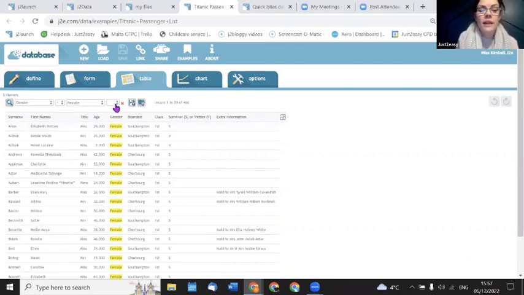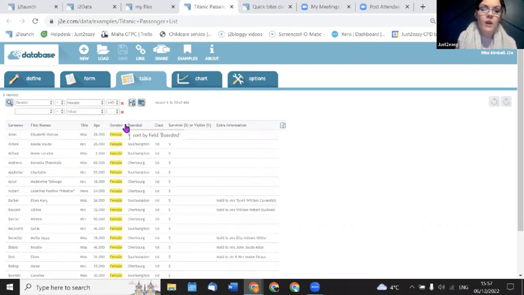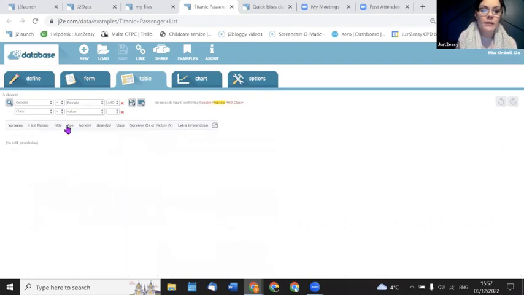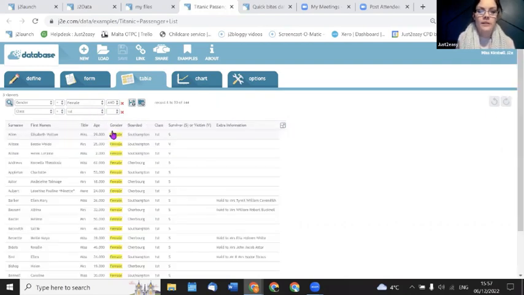I'm going to use this button here, which is our and or function, because I want them to be female and in the first class. So now I can use that drop down menu and search class equal to, and I'm going to go first class. And there we go, we've got 144 records now. So we can really refine these searches. You can add as many of these and ors as you like, so you can really get into the depths